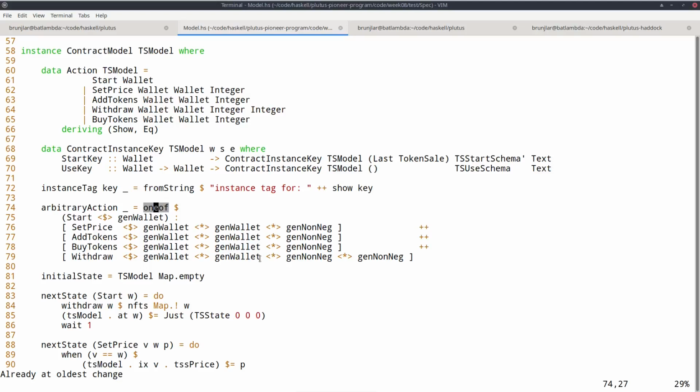OneOf is one of the combinators provided by QuickCheck, and given a list of arbitrary actions, it randomly picks one of those. So the idea is I basically just provide a list to create random actions of these types using these constructors and then pick randomly one of those.